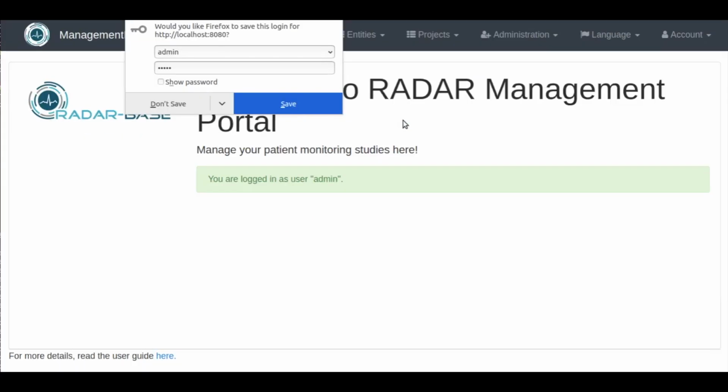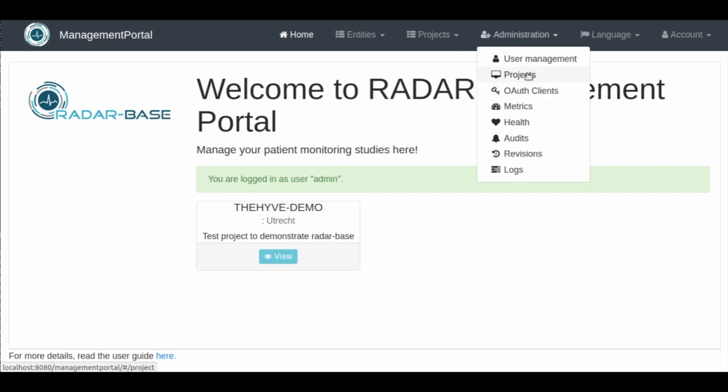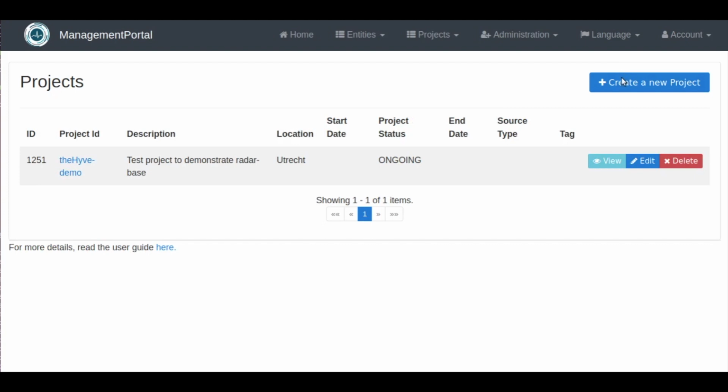The first step to start a study using ReaderBase is to create a project in the management portal and assign users with project-level access rights. Only a user with system admin privileges can create a project and users. First, create a project using the management portal, enter your study details,